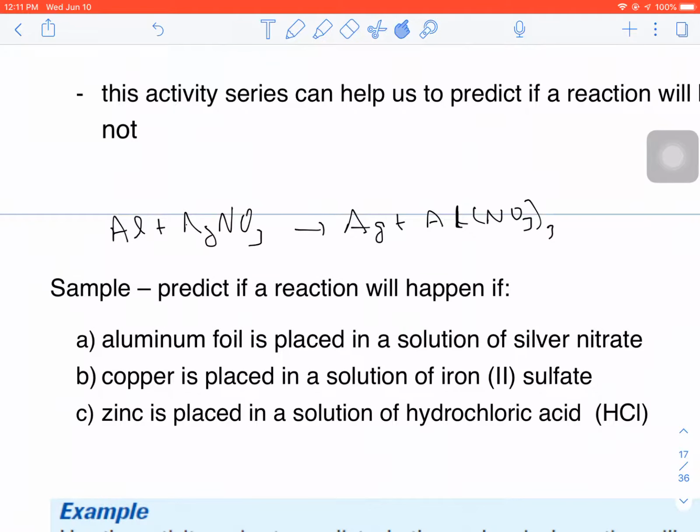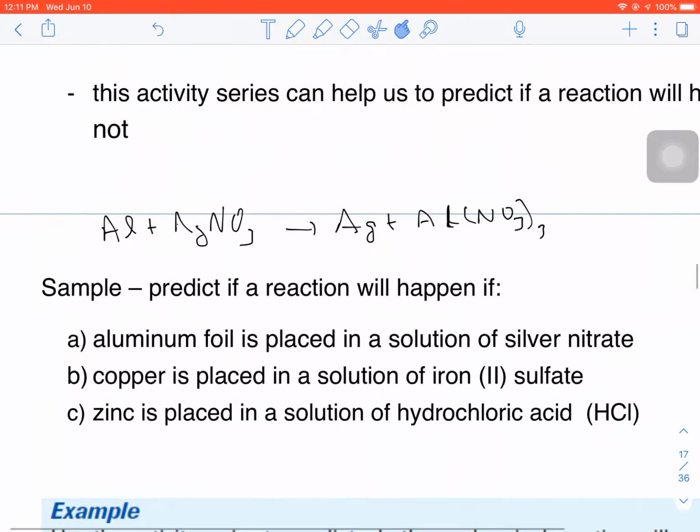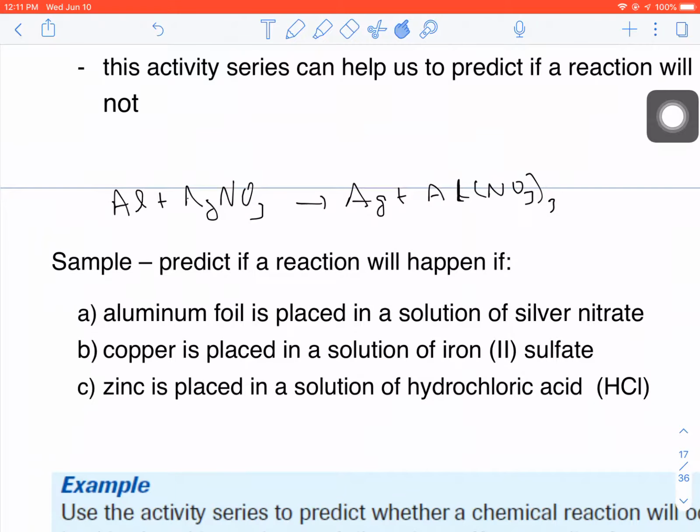Okay, so the aluminum. Does the silver get the nitrate or does the aluminum get the nitrate? The aluminum gets the nitrate because it's higher on the list. So the answer is yes, this reaction will happen. If I put copper in an iron 2 sulfate solution, copper plus iron 2 sulfate,